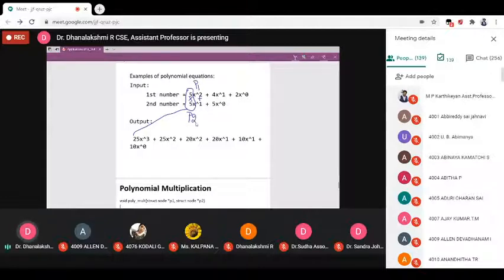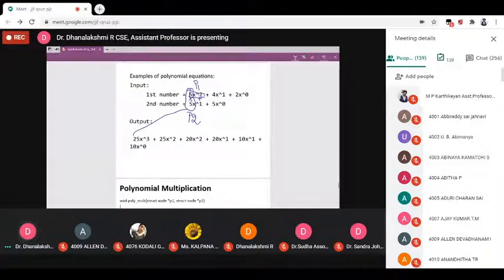First take the P1 first term alone, then multiply it with all the terms in P2. So the first term gives 25x cube, that is over.